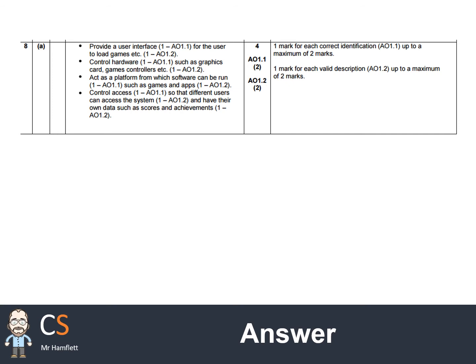So it allows you to control hardware, such as graphics card, games controllers. Specifically, hardware control is very important for a games console because we will have those kind of game pads which you can actually use to interact with it, and obviously the graphics card becomes incredibly important as well. So it acts as a platform for which software can be run, such as games and apps. So that enables these games to actually be launched, loaded from storage devices into RAM and run as you would